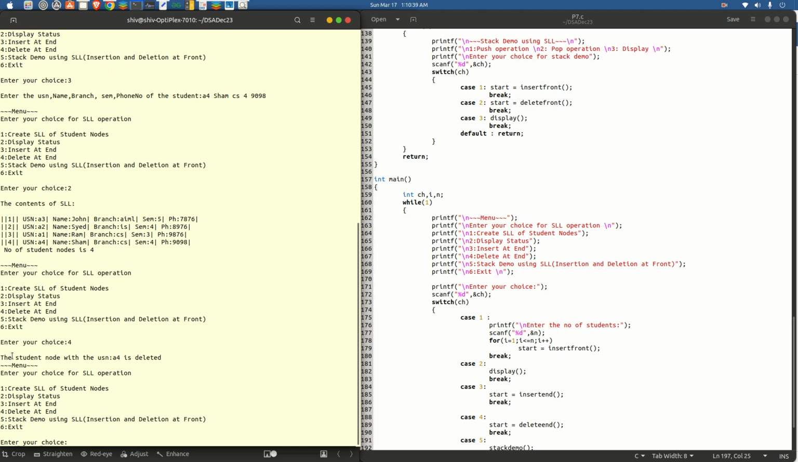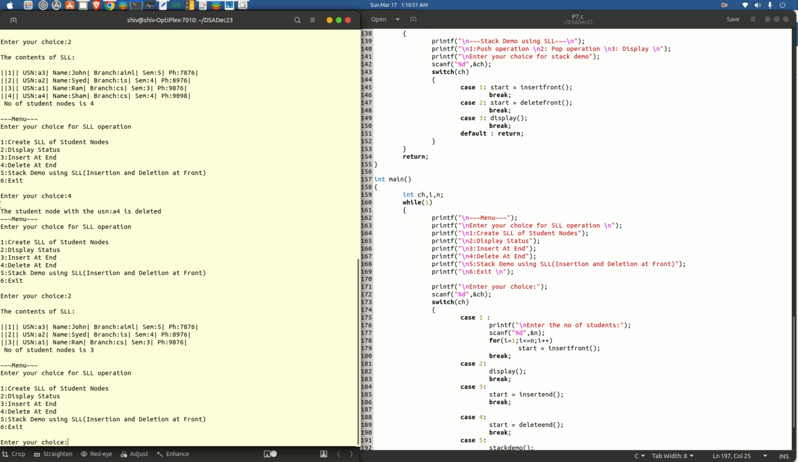the message is displayed here. The student node with USN A4 is deleted. You could verify the same by entering choice number 2. There we go. So it was 4 USNs, A3, A2, A1 and A4. Now the last node is deleted because we just did a delete end operation. We are now left with